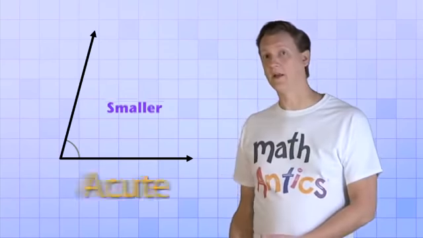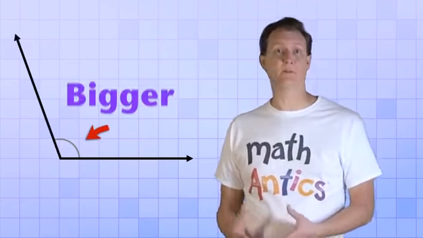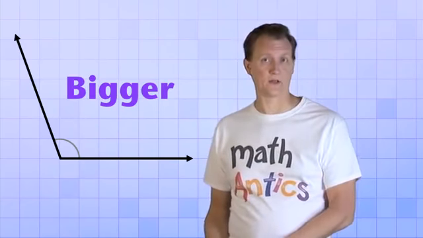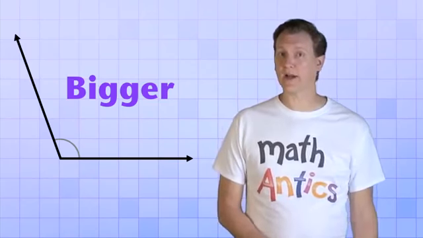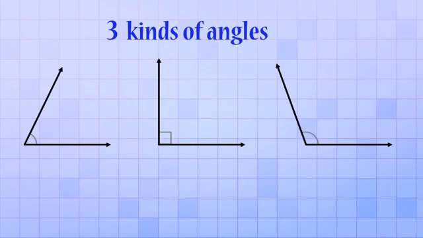On the other hand, if we rotated our ray to the left instead of the right, we would get an angle that's bigger or greater than a right angle. Angles that are greater than right angles are called obtuse angles. So there are three main kinds of angles that you need to know about: right angles, acute angles, and obtuse